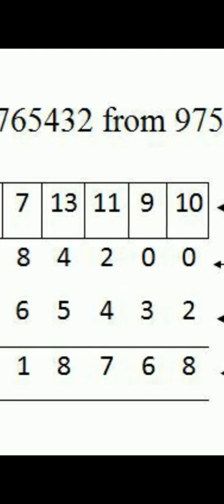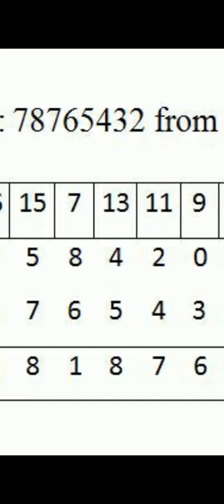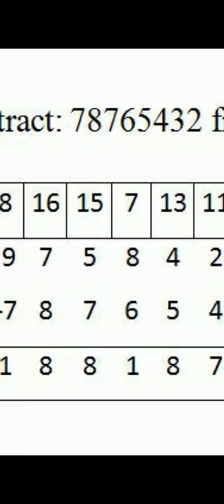Now next is 5. Here we have to subtract 7 from 5. We can't. So again we will take a borrow. So this 5 will become 15, and the next number, which is 7, will become 6. Now 15 minus 7, you will get 8, and again we can't subtract 8 from 6. So again we will take a borrow. So this 6 will become 16, and the 9 after it will become 8. Now 16 minus 8, you will get 8, and when you subtract 7 from 8, 8 minus 7, you will get 1.